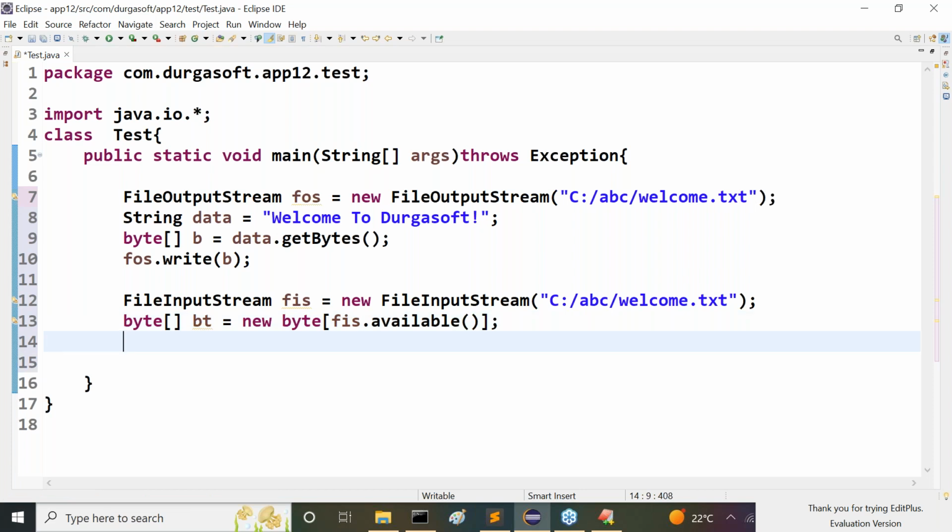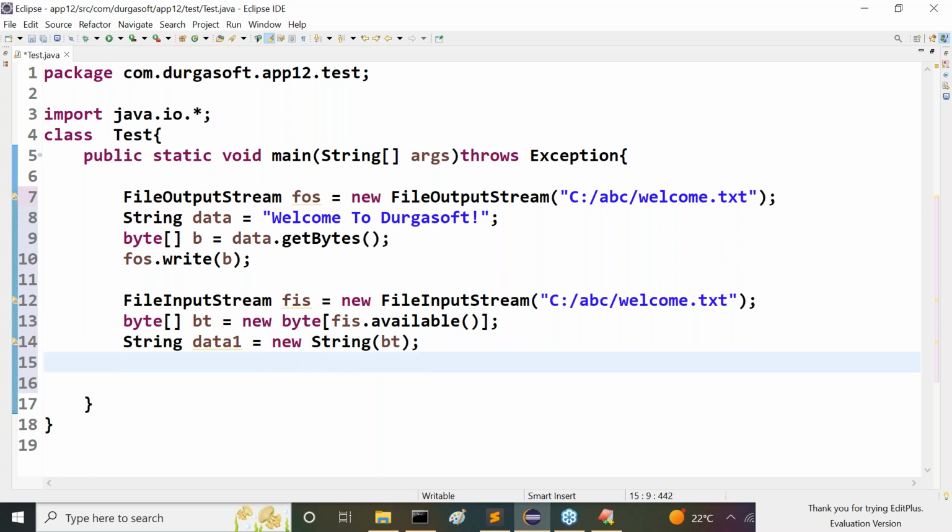Whenever we are getting the byte array here, convert the data to string. String data1 is equal to new String of bt, the byte array. Then directly we are able to provide System.out.println of data1. Now here we are able to get the data, but at the end, both the resources